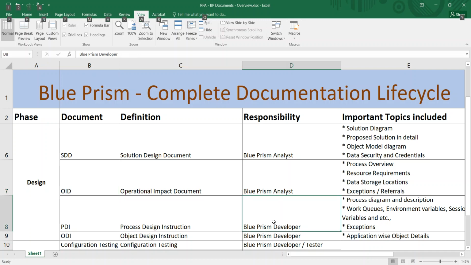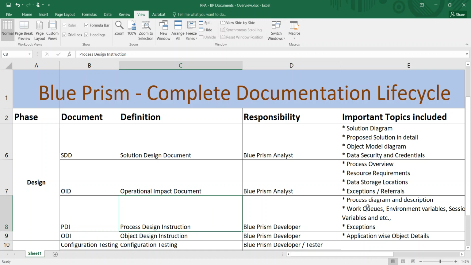Once the SDD and operational impact documents have been created, the developer will be creating the PDI and ODI documents. Here PDI means process design instruction and ODI means object design instruction.